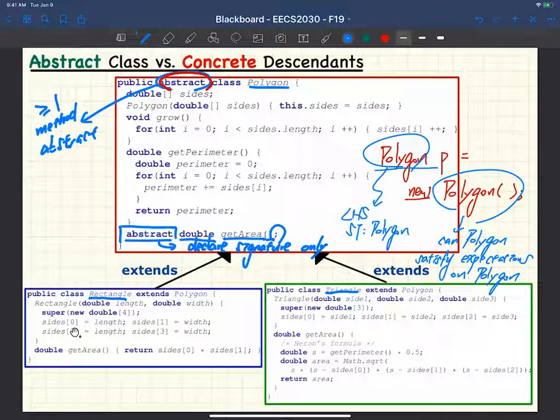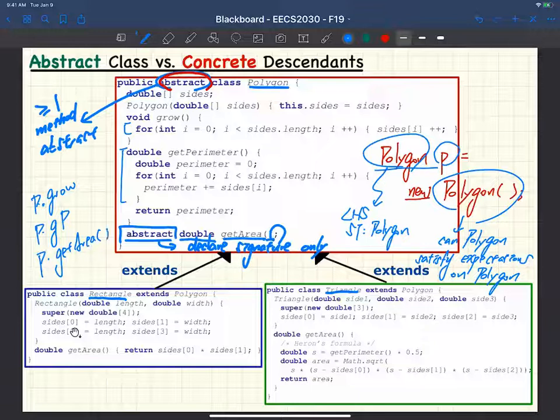If I declare P as of type Polygon statically, that means I may call P.grow. This would be okay because I do have some code over here for me to execute. If I say P.getParameter, that's also fine. I also got code. Now, if I say P.getArea,